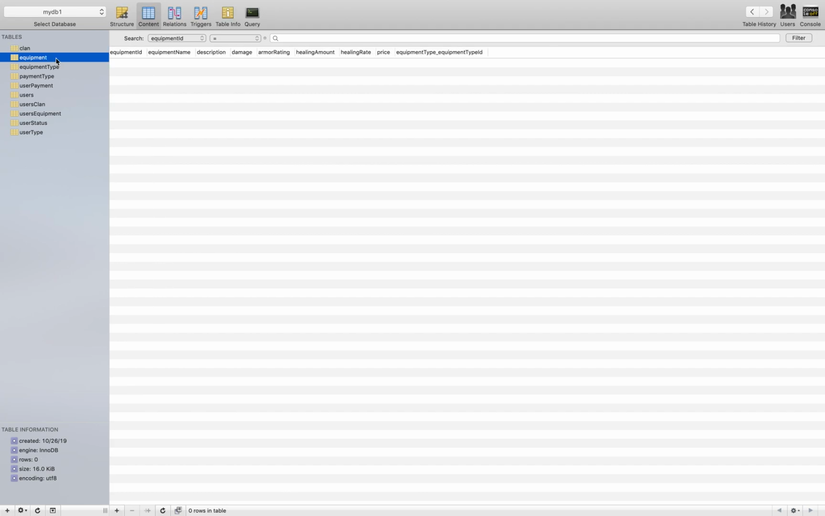I then made my equipment table with all of the main information in it: the equipment ID, the equipment name, the description of the equipment, the damage that the equipment does, the armor rating, the healing amount, the healing rate, the price of the equipment, and the equipment type ID, which will point to an equipment type table, because we can have different types of equipment, like a potion, a weapon, maybe an energy booster. It can be different equipment types, so that's why I made a different table for the equipment type to point to the equipment,